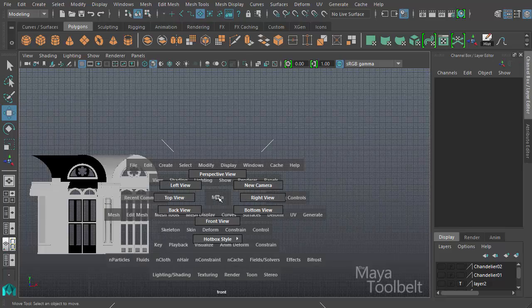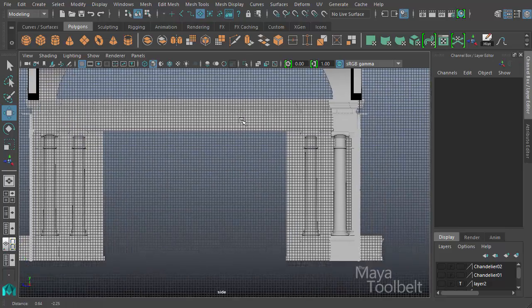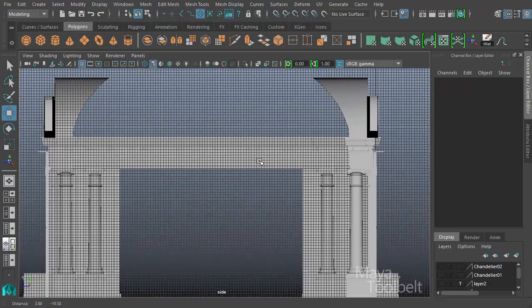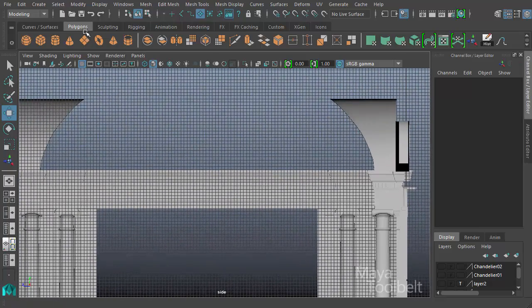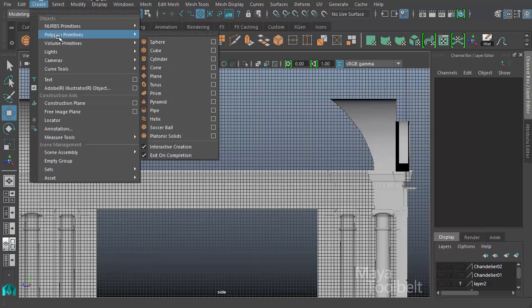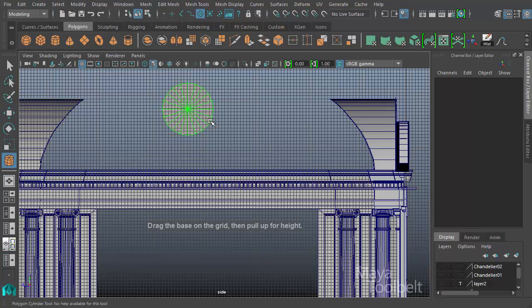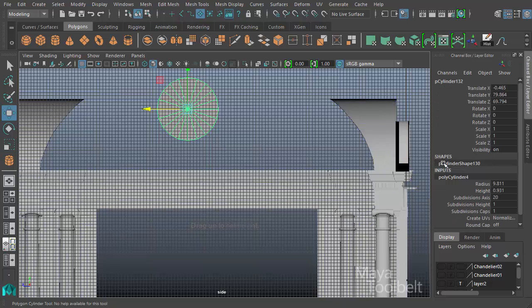Alright, let's go to where we need a right side view like this. Alright, so let's see, what's this shape? I guess this is like a cylinder. So I'm going to create a cylinder and get rid of the caps. We'll keep the caps for a little bit. And we're going to